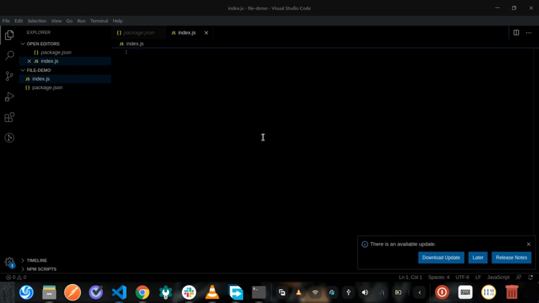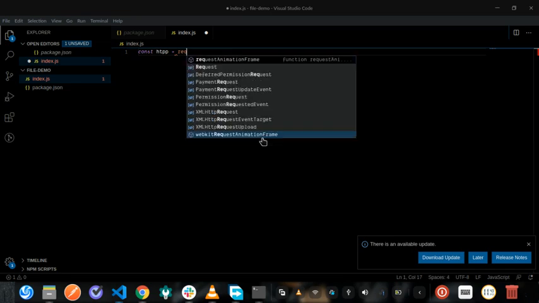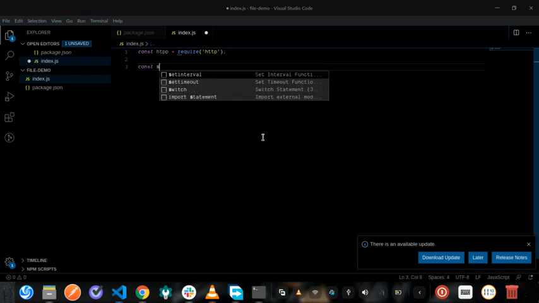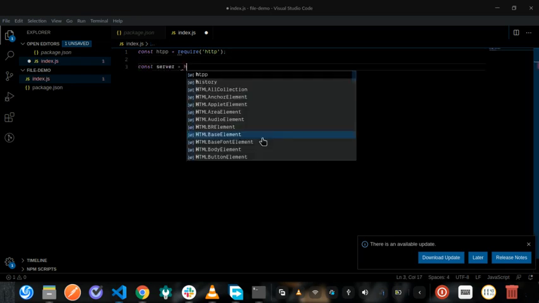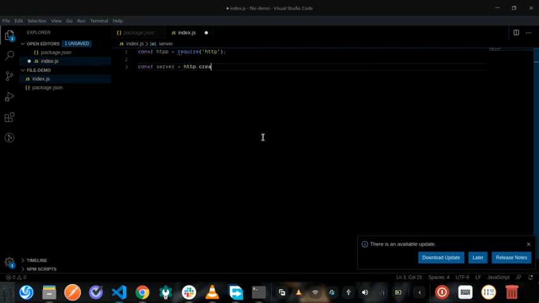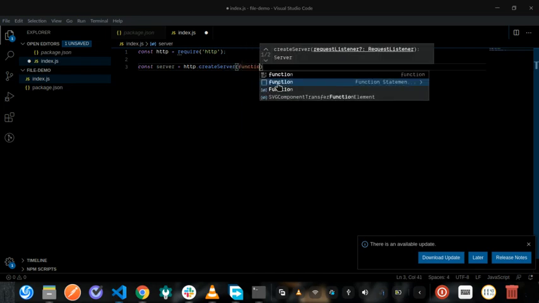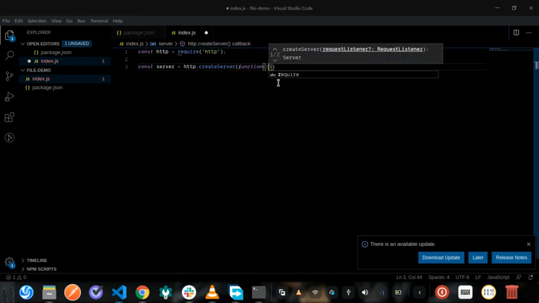So the first thing I'm going to do is require the inbuilt HTTP module, require HTTP, and then I'm going to create a server just like this. HTTP.createServer, and in the parentheses here, I'm going to have a function that takes two arguments. First one is request, second one is response,